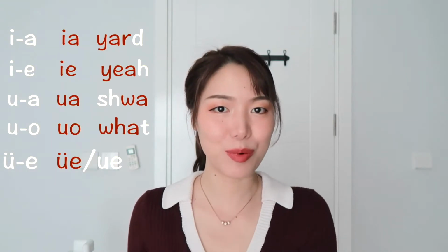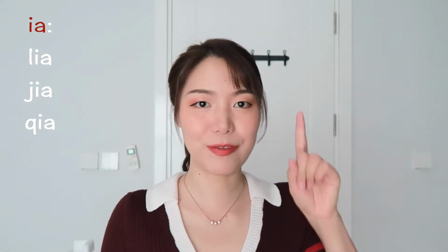So as I said before, start from the first vowel, move to the second vowel. The first vowel you have to pronounce very short, fast and light. But the back vowels you have to pronounce very loud and emphasize. So this is about the back sound compound vowels. Now I will combine them with the initials to practice the pinyin together. So the first one,